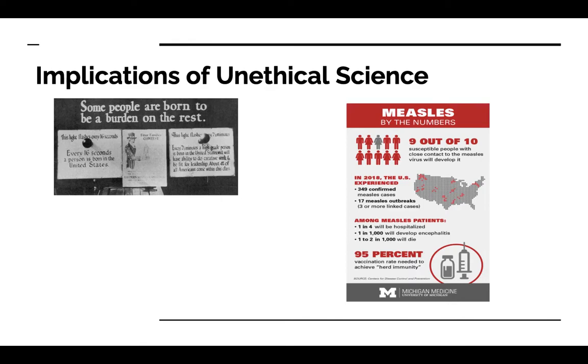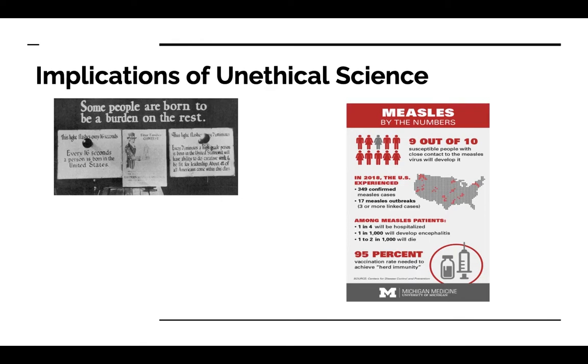So you may be asking yourself, 349 people of the whole United States, 1 in 4 people hospitalized, 1 in 1,000 will develop encephalitis, 1 to 2 in 1,000 will die. That's not bad. I'll take my chances on that. But that's completely avoiding the point, okay? Statistics are statistics, yes, but the loss of any one life when it can be easily avoided and should be avoided is tragic, and it's horrible.